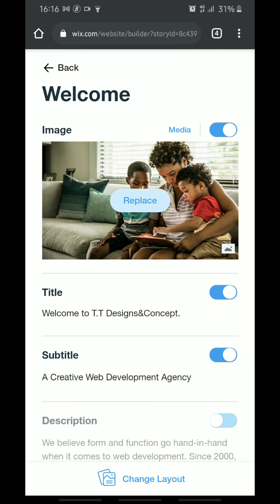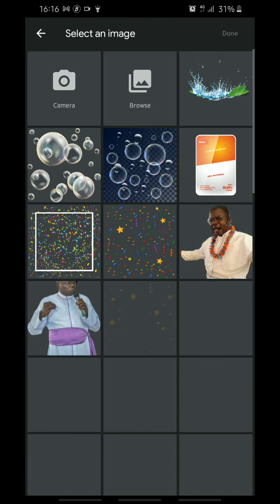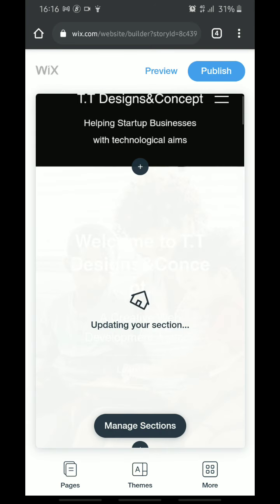Now don't forget, you can replace the images easily. These are images that they have by default, but you can add more. If you click on plus, you'll be able to select an image from your phone or from your system. So I love that image. So let's click on done. So to update it,